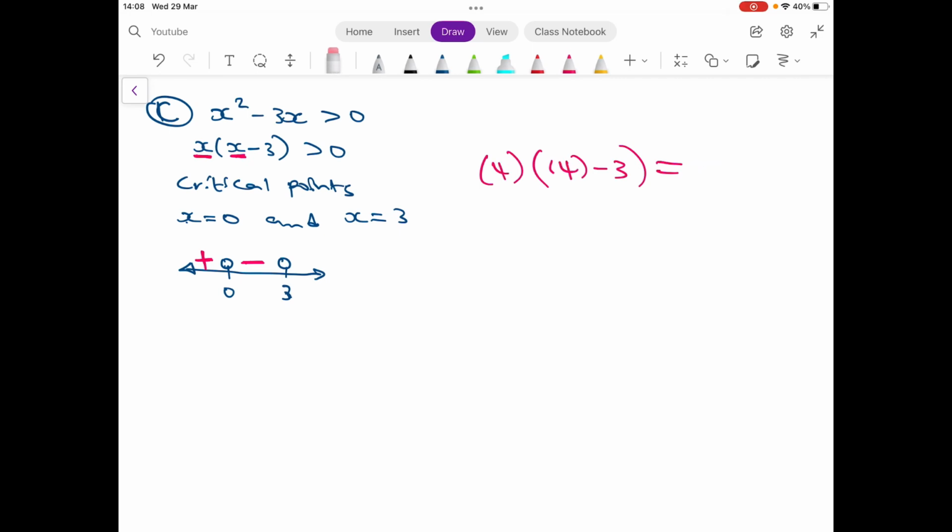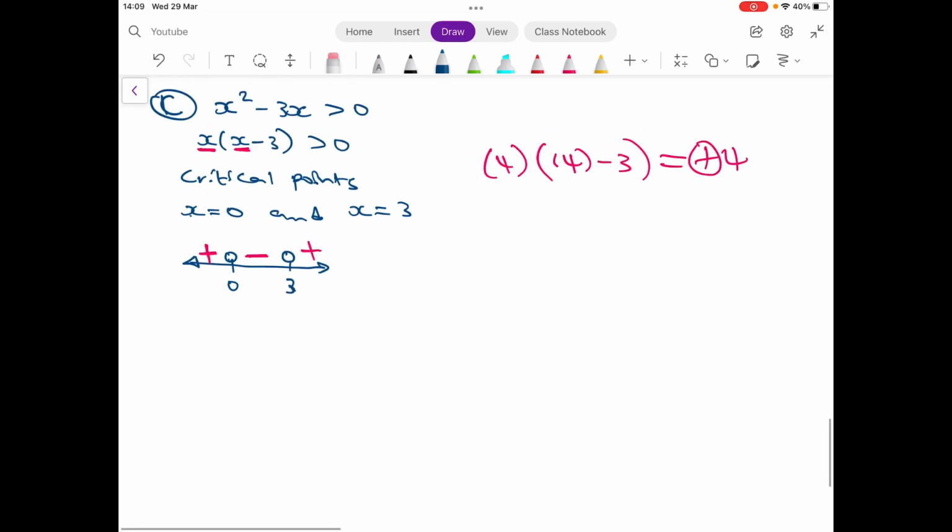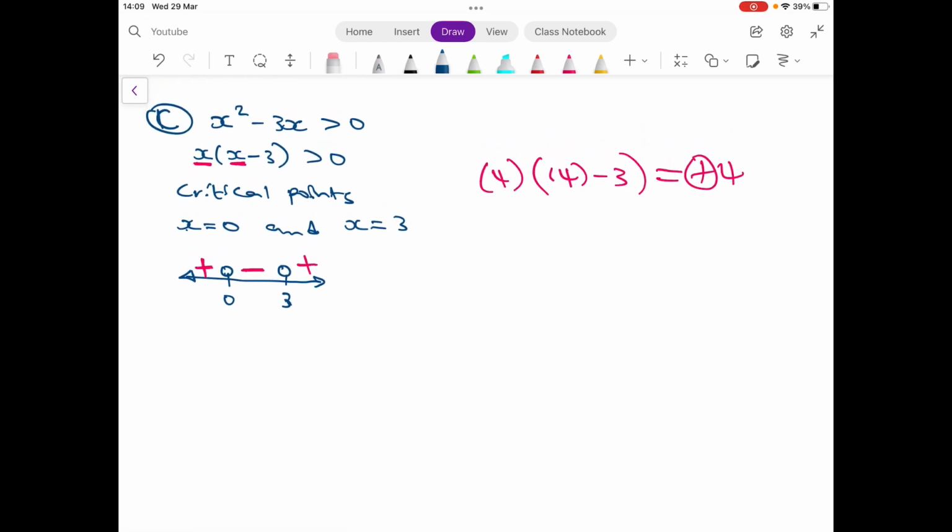What answer do I get when I take 4? I get +4. I'm only interested in the sign, so I take that sign there. Now that we are here, we can write our final answer. Our final answer is just us indicating a region where this product is going to be greater than 0. That region is this region between 0 and 3, because you've proven that for any value of x between 0 and 3, the product of this one and this bracket is just going to give you an answer which is